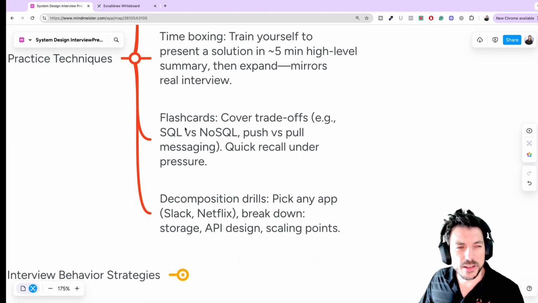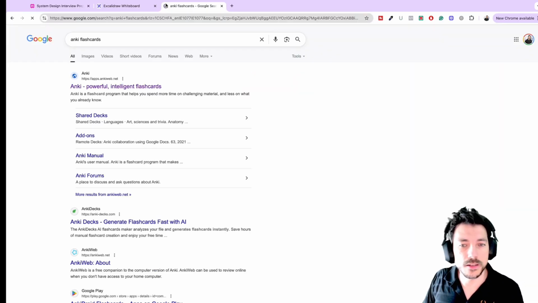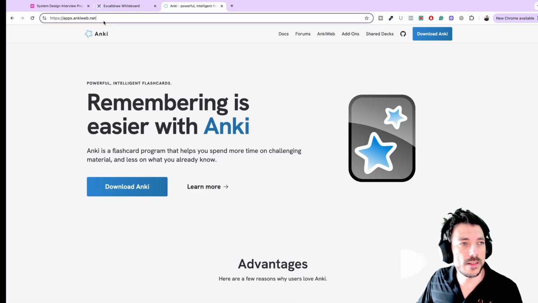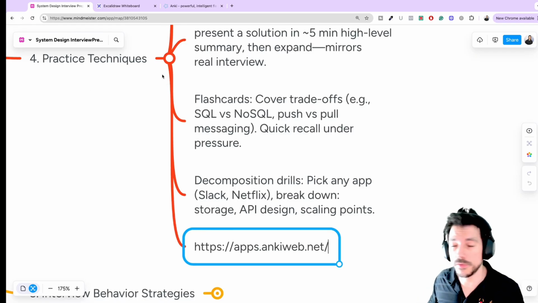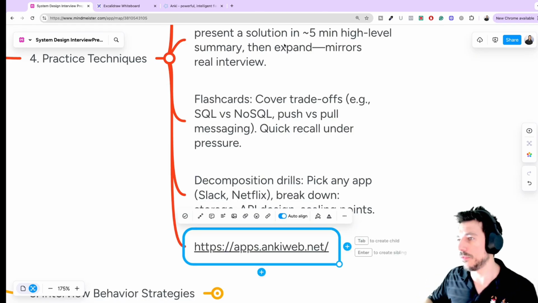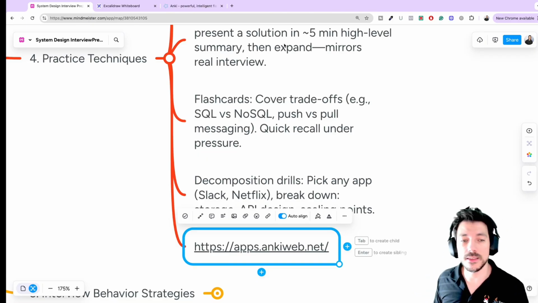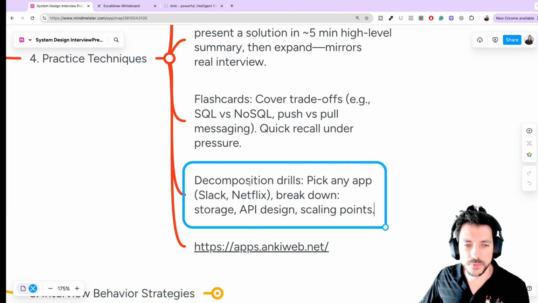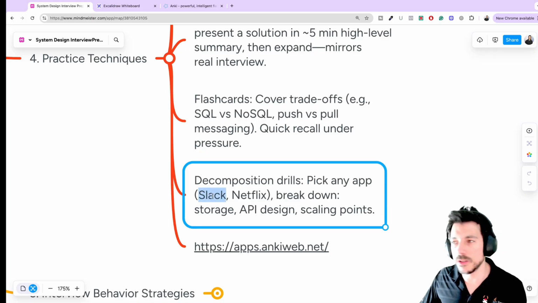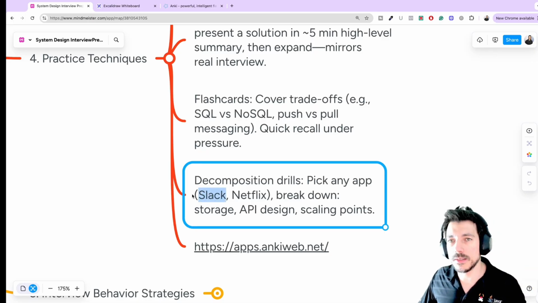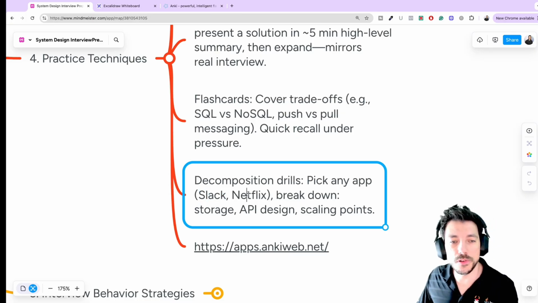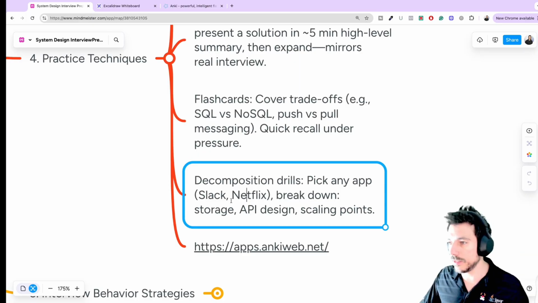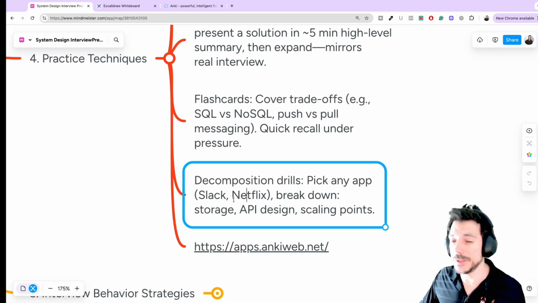And use flashcards. So I like Anki. Anki is an app. So let's see here, Anki flashcards. So this is the link, and I recommend you to use that. So you can write the main points in Anki, and you can review them from time to time, so that you really absorb the knowledge. And you can also watch all of those. You can find all the system designs you can imagine on YouTube as well. So you can check system design for Slack, system design for Netflix, or for whatever the tool. You're going to find it all free on YouTube.